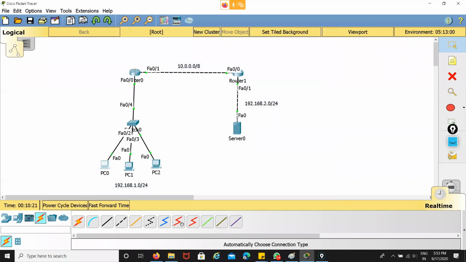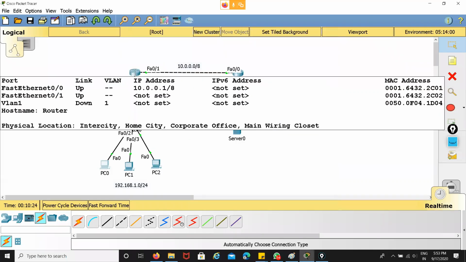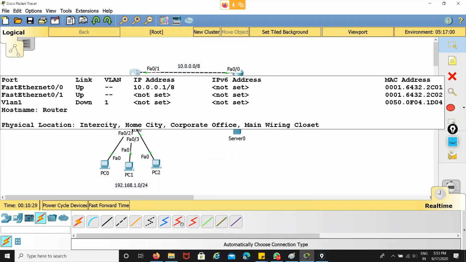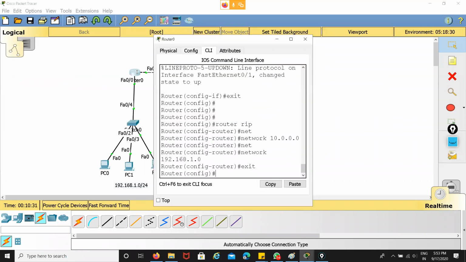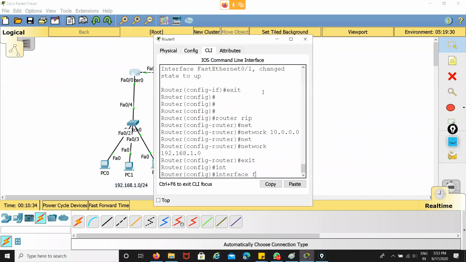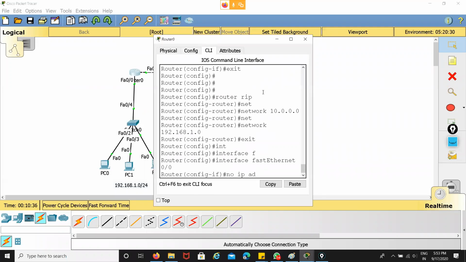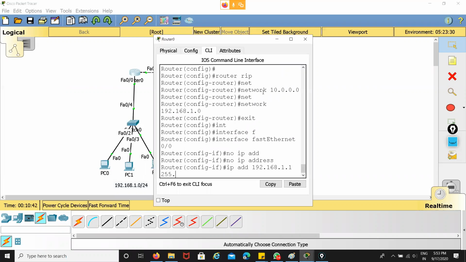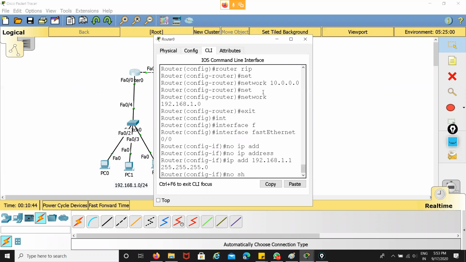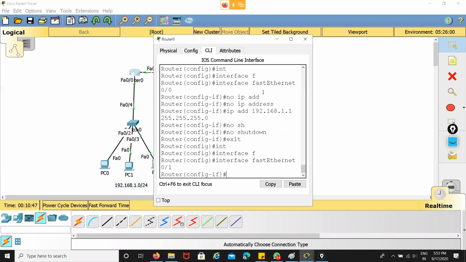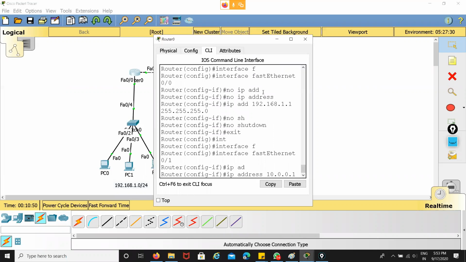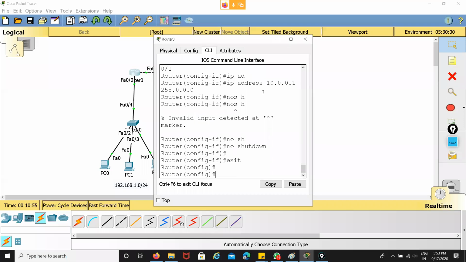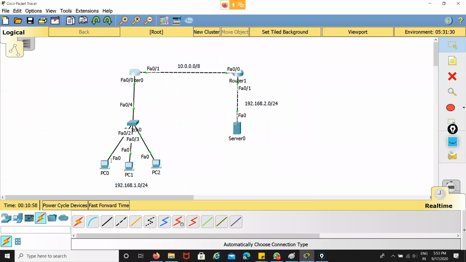Sorry, I think I forgot to configure the IP address on this router. Interface fast 0/0, no shutdown, IP address 192.168.1.1. Interface fast 0/1. Okay, now you can see, now it's pinging.